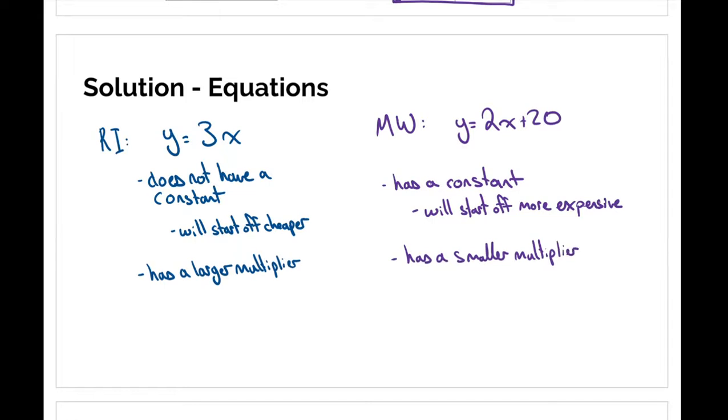What this means, again, we've talked about the multiplier telling us what we're increasing by every time, or the rate of change. And we've also mentioned that the larger the multiplier, the steeper or the faster it's growing. So because Radical Island has a larger multiplier, it's going to be increasing at a faster rate compared to Mathematical World. Because it's increasing at a faster rate, or has a larger multiplier, it will eventually